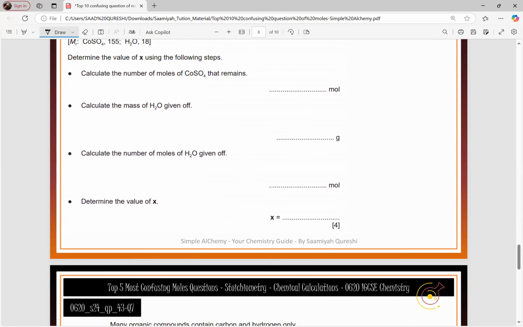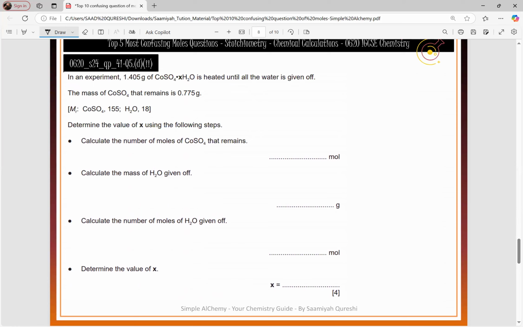Next question. We have the crystal here, hydrated cobalt sulfate, and we have to find out the number of moles of water of crystallization, the value of X. For that one, it's written in an experiment,